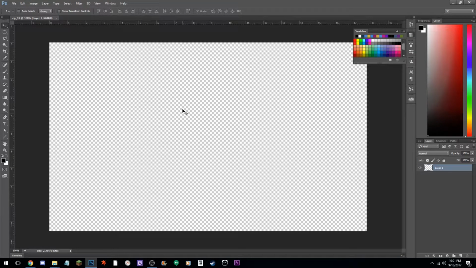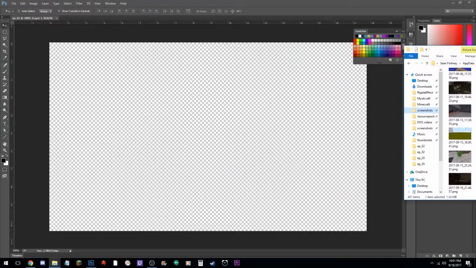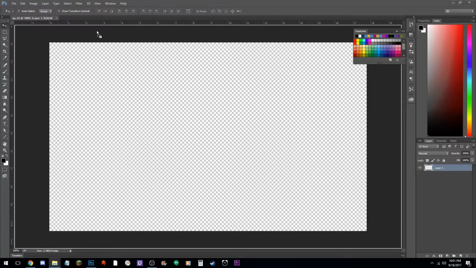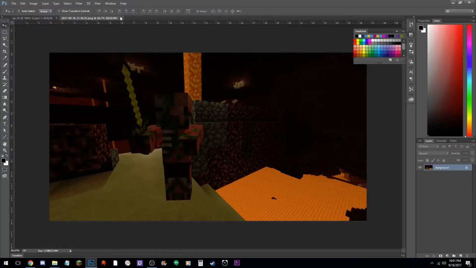All right, so now we have a place to play with. So what I'm going to do is I'm going to grab from my screenshot folder. Okay, I'm going to grab a picture, drag it over here, and put it up into this layer. You got to put it in this little bar up here. Okay, and so this is kind of a Photoshop tutorial. At the same time, it's a